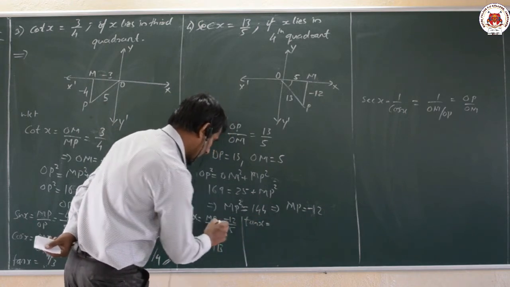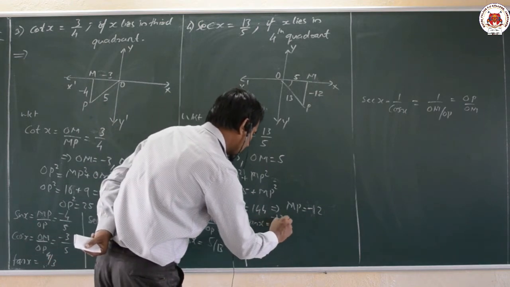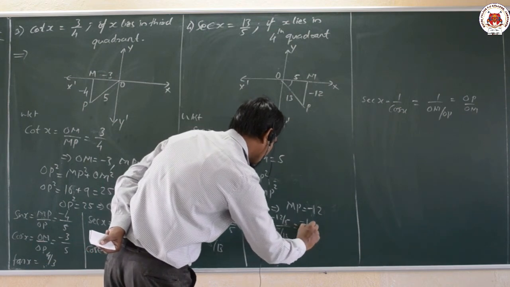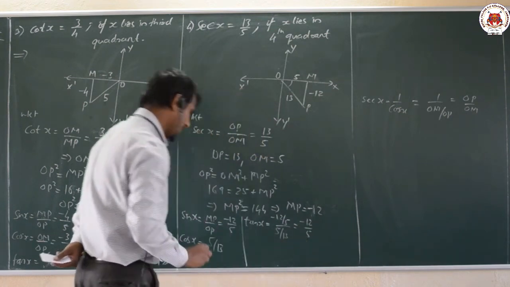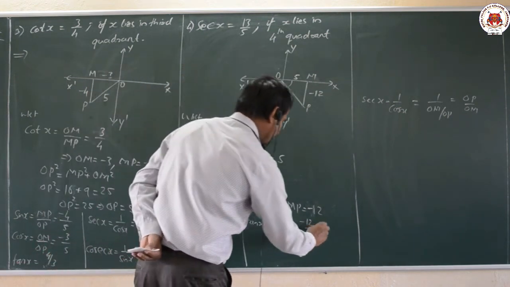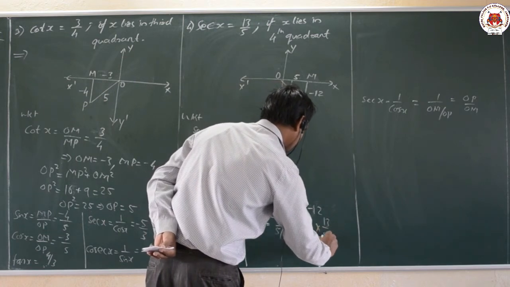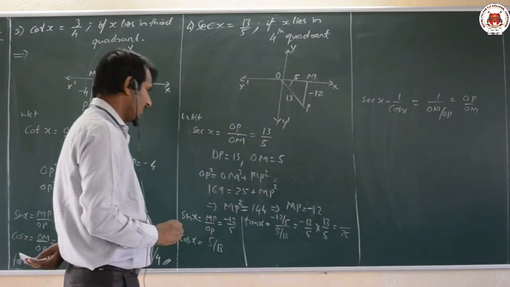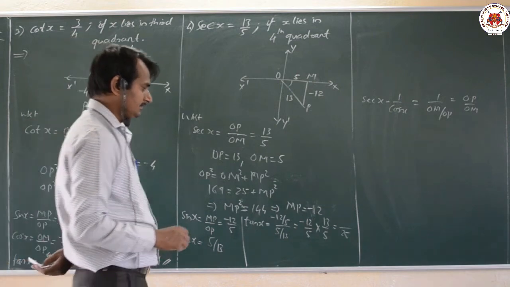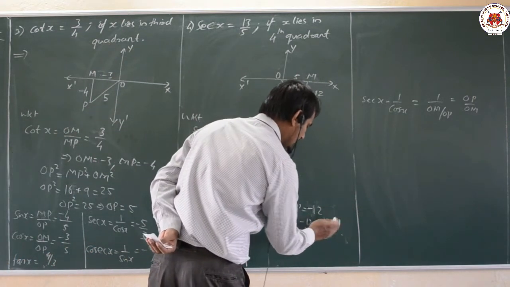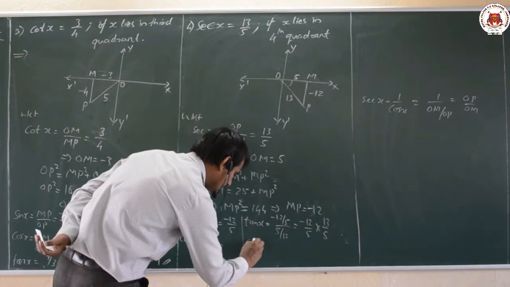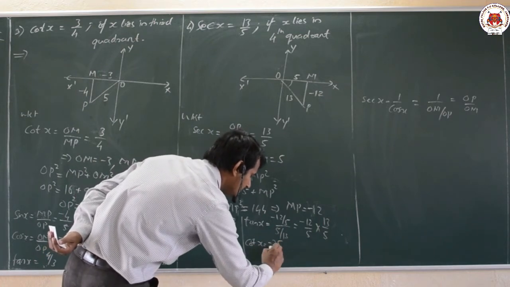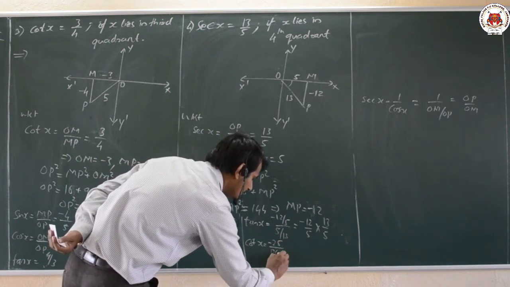Tan x is equal to sin by cos, that is what we have, minus 12 by 5 divided by 5 by 13. So, what we get is minus 12 by 5 into 13 divided by 5, multiply it, you get 25. Cos x, find out this value. Then cot x. Cot x is equal to minus of reciprocal, that is minus 25 divided by 12 into 13.